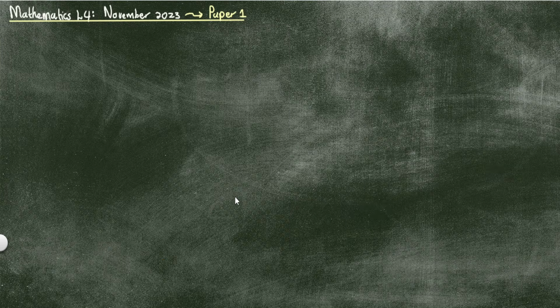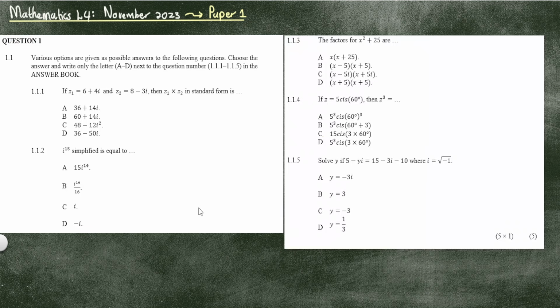Alright, but let's start with the multiple choice part of the question. So we are provided with various options as possible answers to the following question. So for 1.1 all the way up to 1.5, we're going to have to choose out of the given options. But in order to do that, you'll have to solve the given problems. So in this instance, like